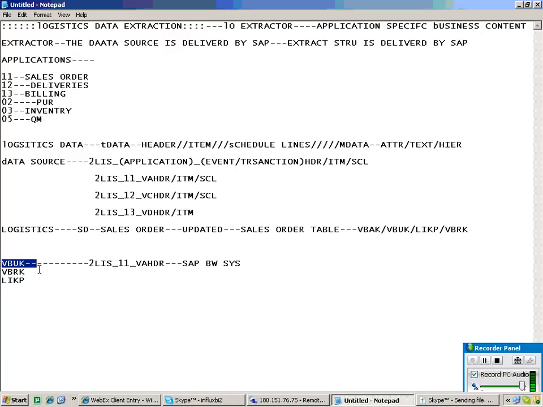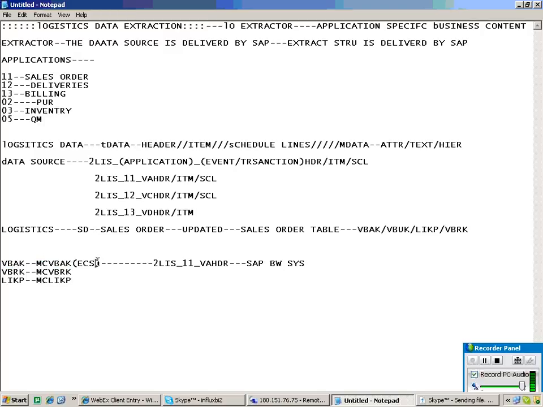So that is where we are going to use something called ECS, MCVBUK. MC is the standard prefix for your table. What is your table? VBUK table. So just making it MCVBUK. For the standard table VBUK, there is a prefix, that is MC. If it is VBRK, MCVBRK. If it is LIKP, MCLIKP. So this is the table and this is the structure.